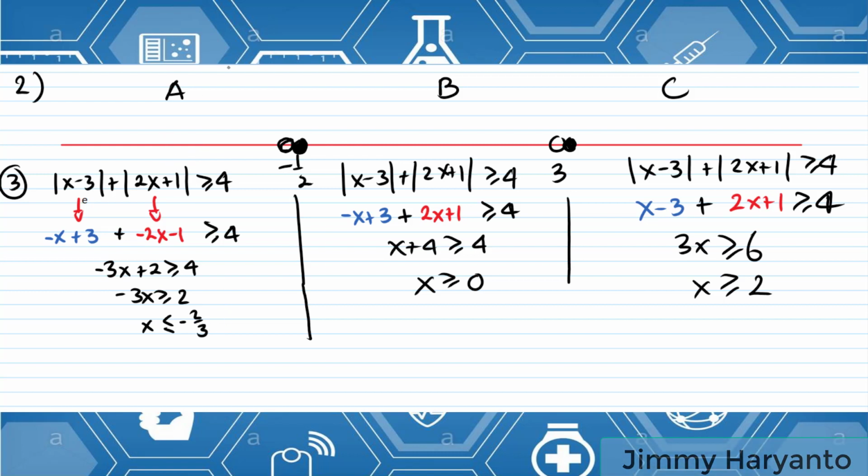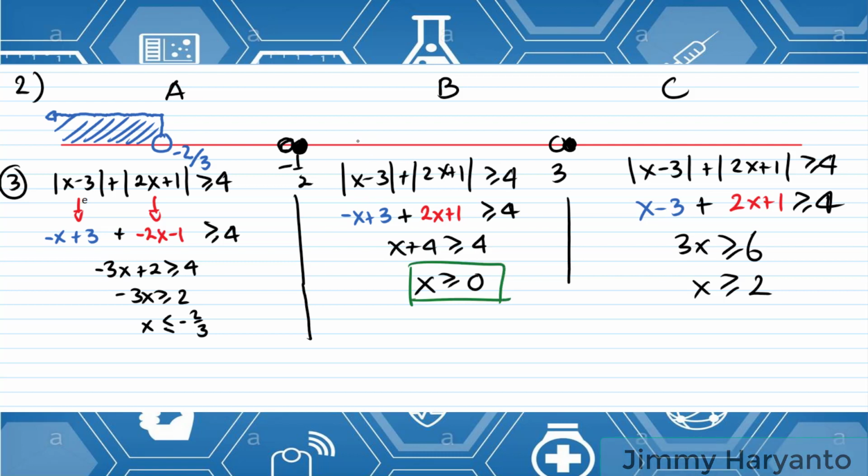Negative 2 over 3 is right here. Negative 2 over 3, negative 0.66. This is negative 0.5, so it will be at the left side of negative half. We have to shade. Oh, sorry. X less than. Less than means go to the left side. We can draw only at room A. Dan kebetulan ini semua di room A, jadi kita bisa shade ini semua, ya. Dia nggak ngelewat room B, berarti aman. Okay.